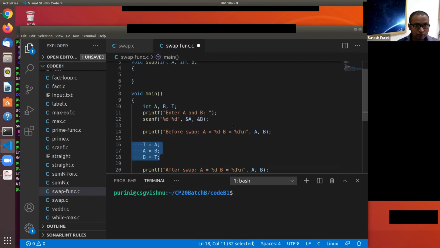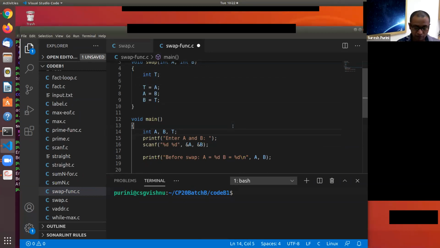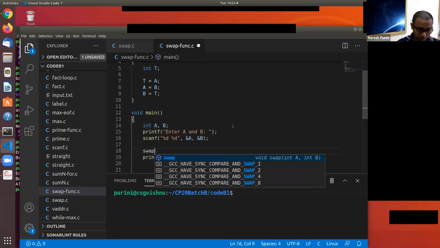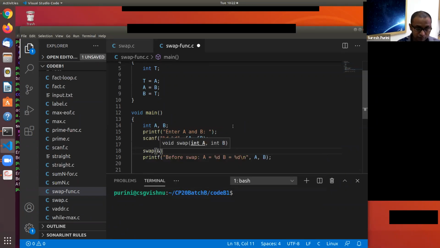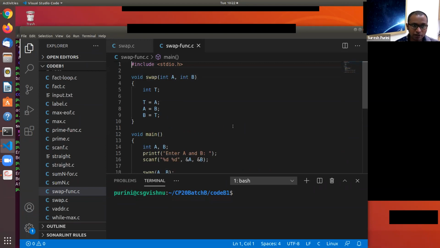And then we have int t here. So now when we run this program, this is a nice program.